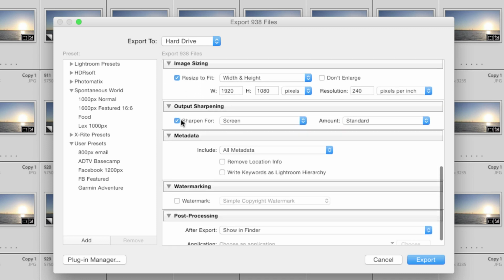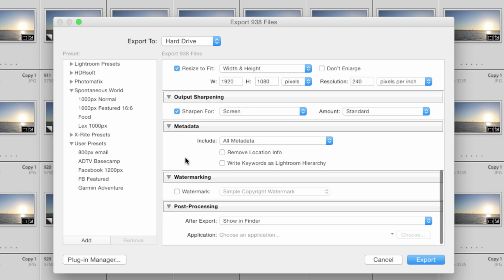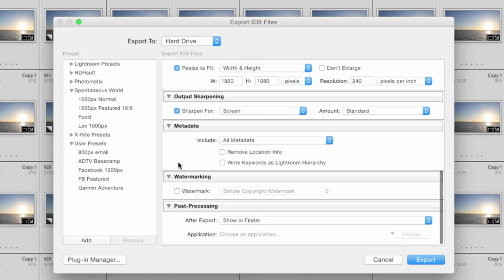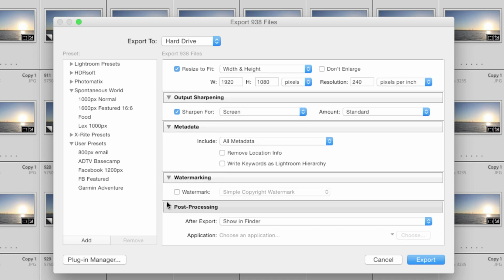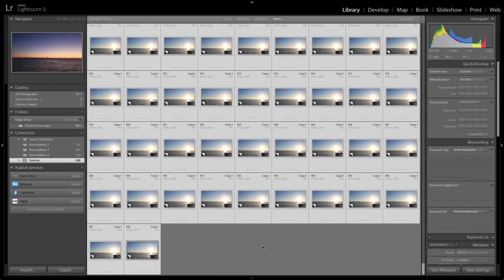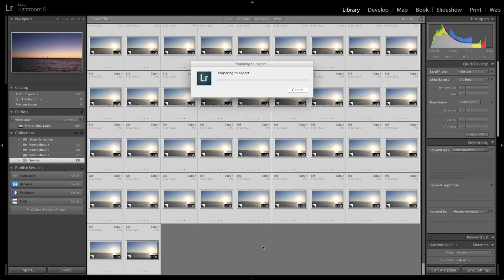And then I'm going to resize these images so they're 1920 by 1080, which is a high definition 1080p image size. And so I'll leave that at a resolution of 240. I'm going to sharpen these for screen because it makes them look a little bit better. And then I'll just show these in Finder when we're done. So I'm going to click Export, and then with the power of video editing, I'll show you the results here